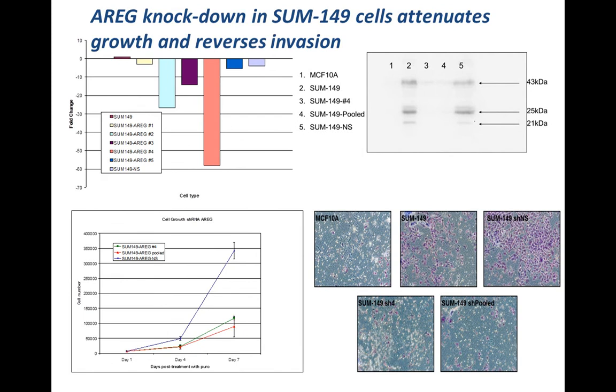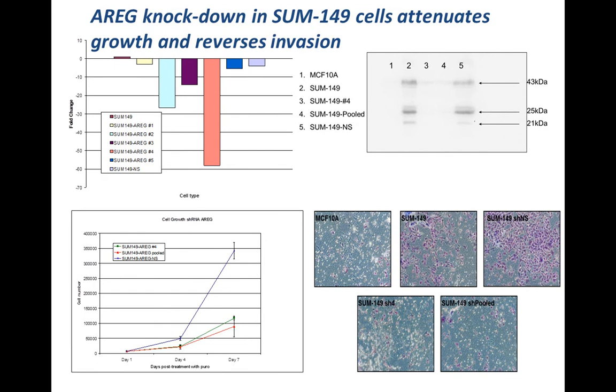I mentioned before that the protein comes in different molecular weight forms, so you can see them here. This is clone number 3, clone number 4, and a pool of shRNA. The bottom line is these cells no longer express amphiregulin, so we were able to get rid of it quite effectively. And sure enough, when we did, these cells really slowed down in their proliferation. So that was encouraging.